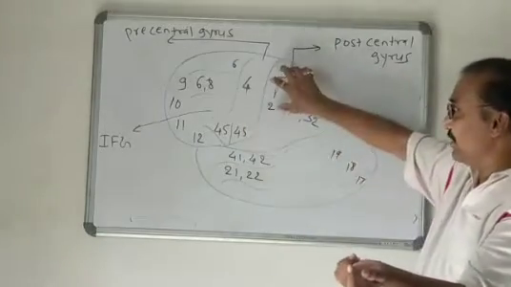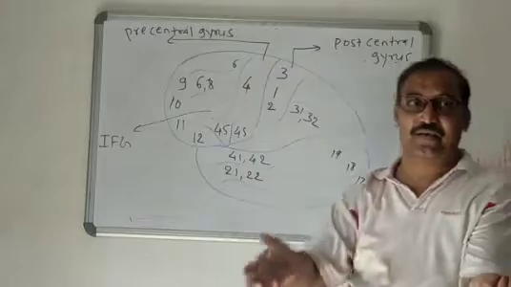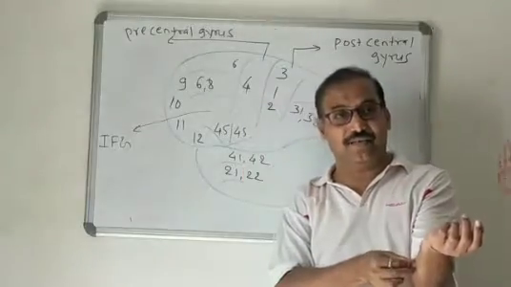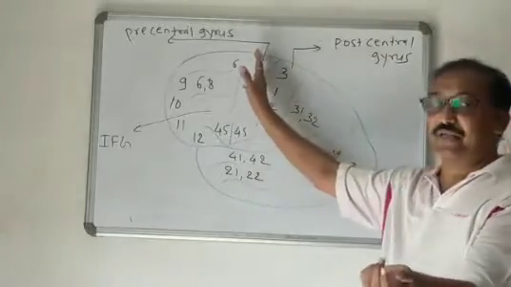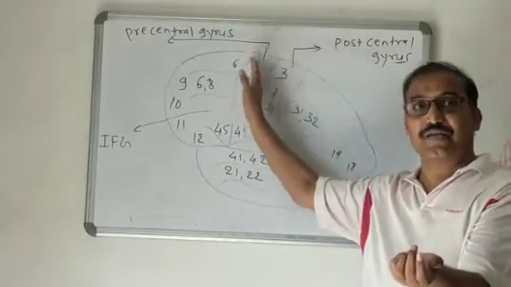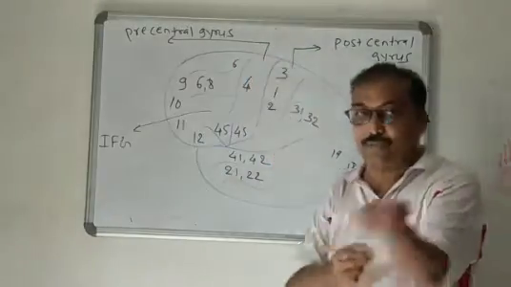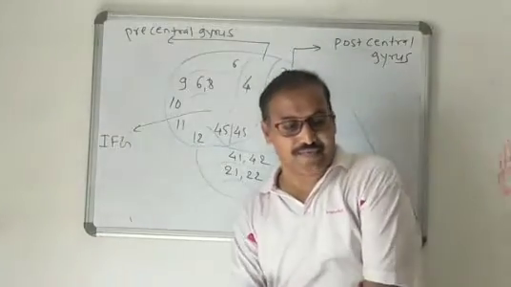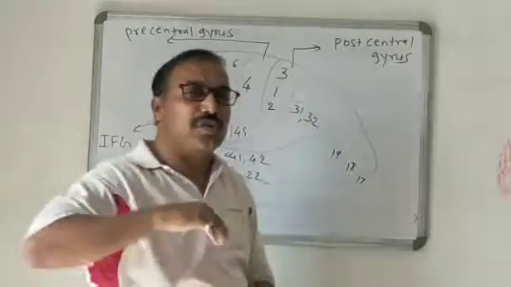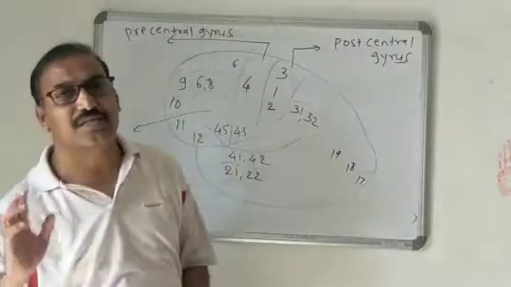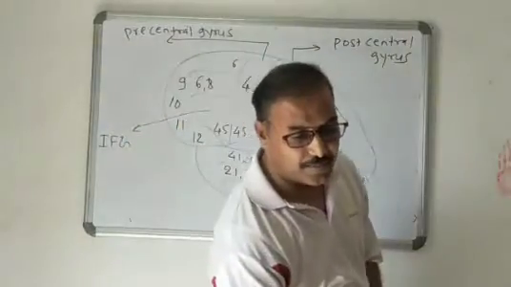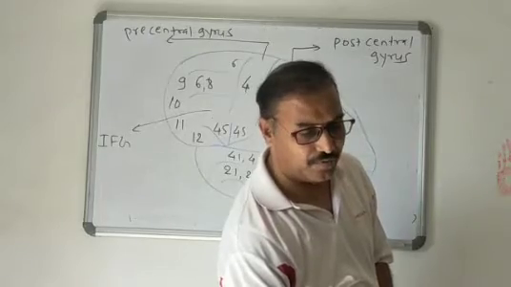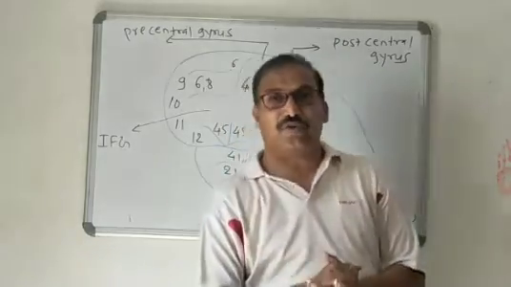So what will this area do? As I said earlier, it will interpret and analyze that somebody is pinching me and I am feeling pain. Then it will give an order to the motor area, from where the corticospinal tract will make us just remove the hand. So that is area number 4. It controls all motor activities as well as skillful movements of our body. This is important regarding area number 4. Now again, the important function of area number 4.